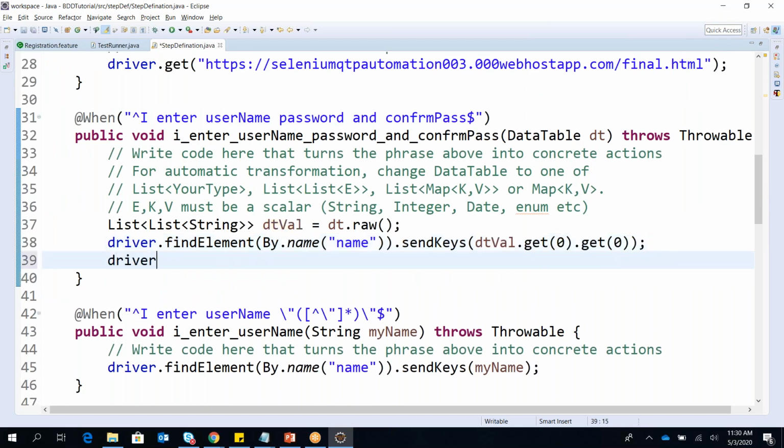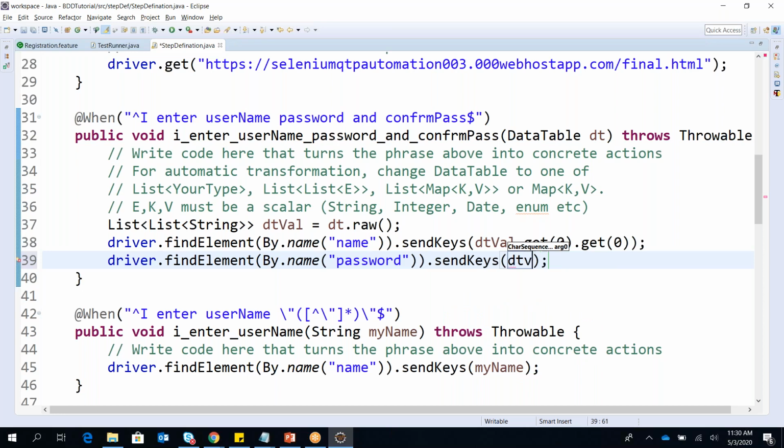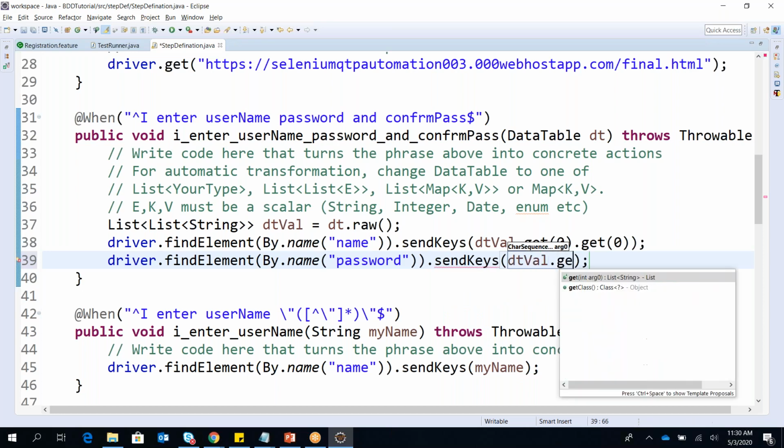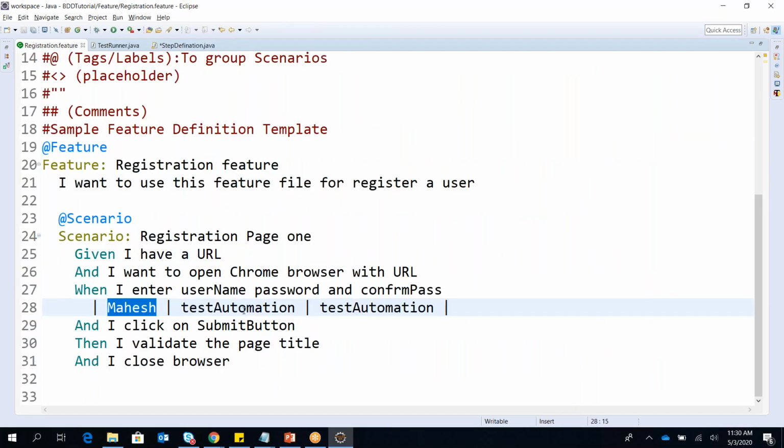So driver.findElement by name, and here it is password, I hope, and I say dot sendKeys. This time again dataVal.get(0).get, the value is 1 this time, because this time I'm referring to the first one. 0 is this, and this one is my first.